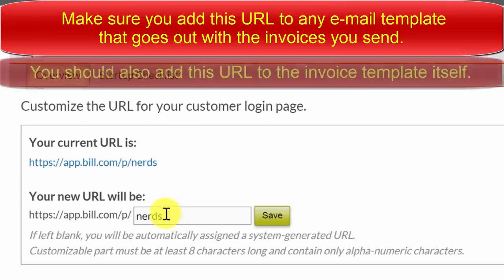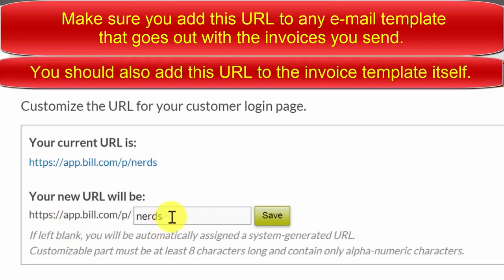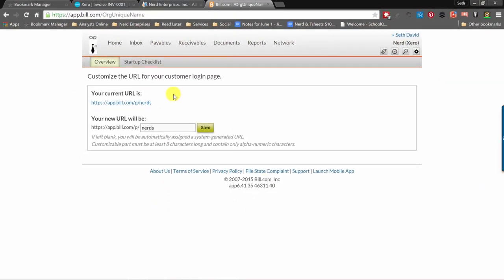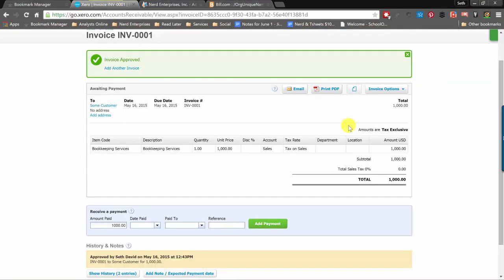So what I did was I put /nerds at the end of it. So it's always going to be app.bill.com/p/ whatever you've put there, right? So what you can do is you can right-click and copy this link address, and you can establish in your invoice template in Xero or wherever, or if you're sending it from Bill.com, in the message that goes out, that link in the text of the email that goes out with your invoice, and I would put it in nice big bold print saying, hey,